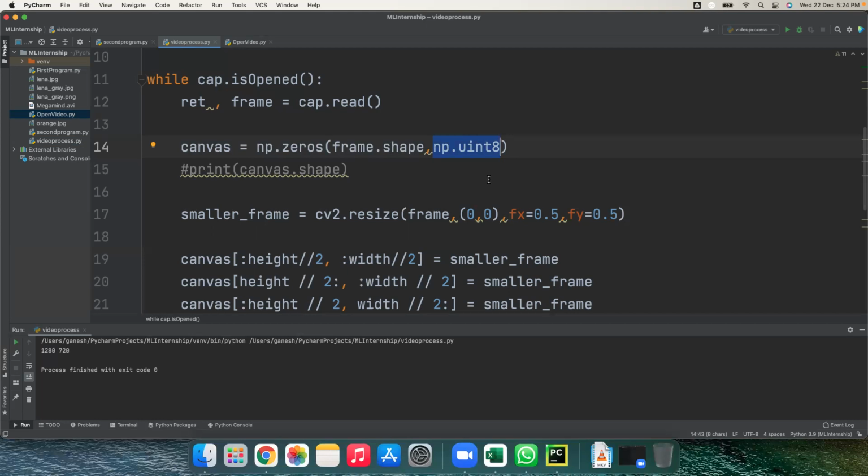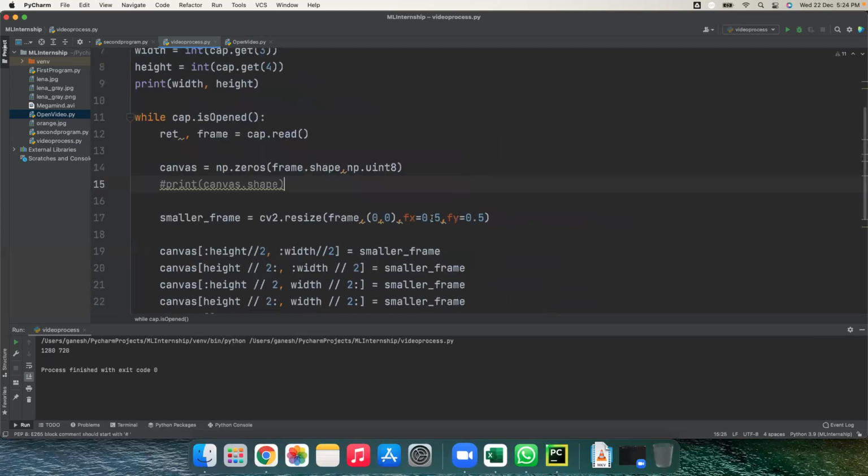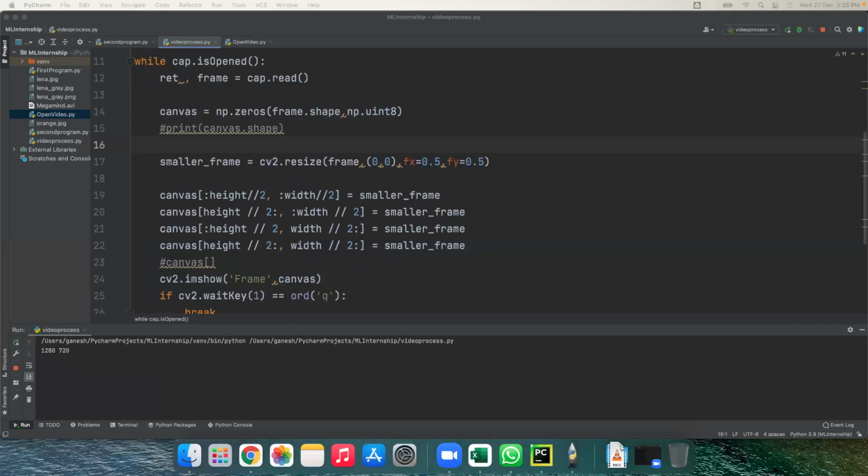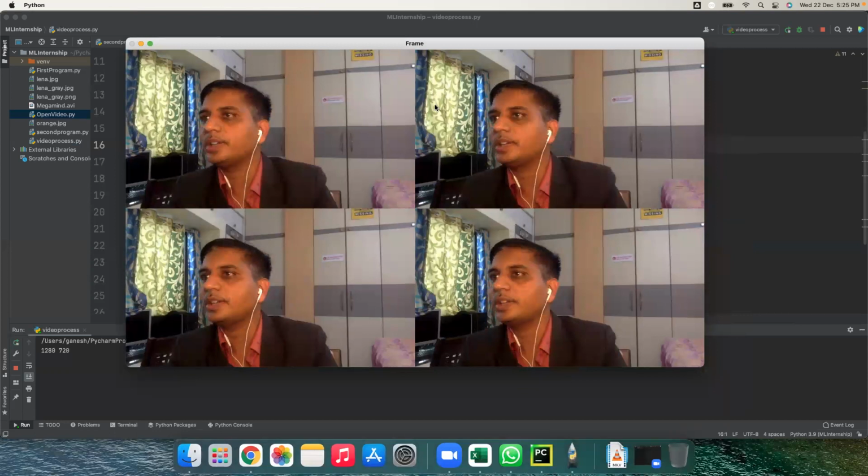Every value has 8 bits: the R value has 8 bits, the G value has 8 bits, and the B value also has 8 bits. So we are not mentioning that, and that's why I'm getting that problem. Students, make np.zeros as np.uint8, and yes, I'm getting the correct output now.